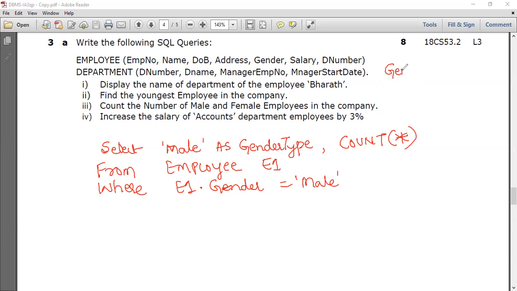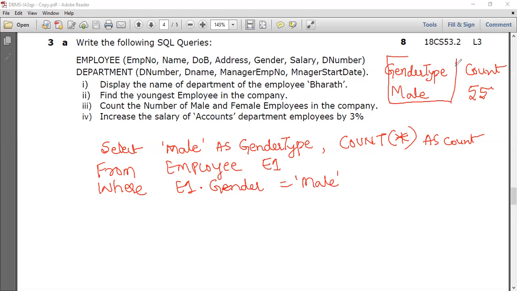So the first attribute is gender type. Here we can also rename this as count. So count. So the result will be male, and here the count value will be there like this. So this one row will be returned. Okay. So this is one way. So next is